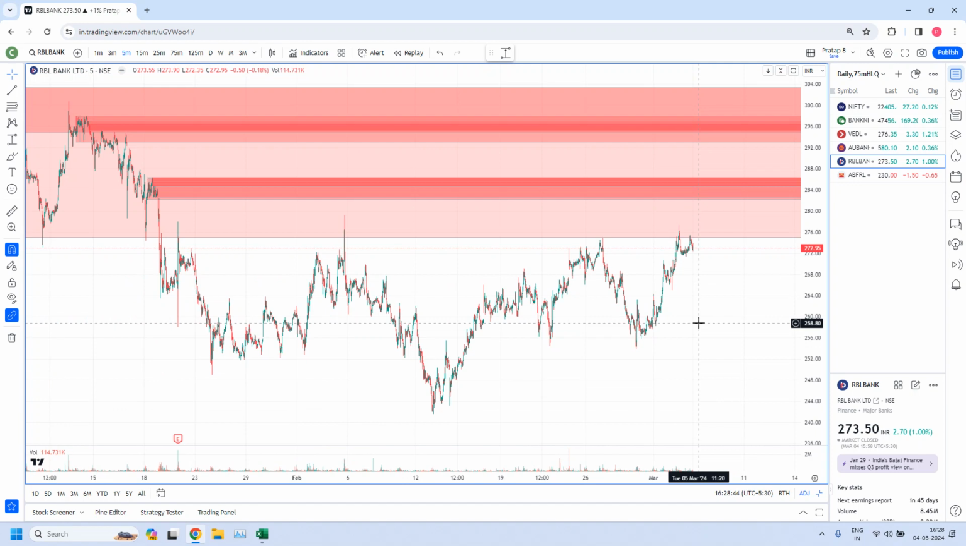So this is about the high liquidity zone generated in our previous report. Hope this analysis part will be helpful to you